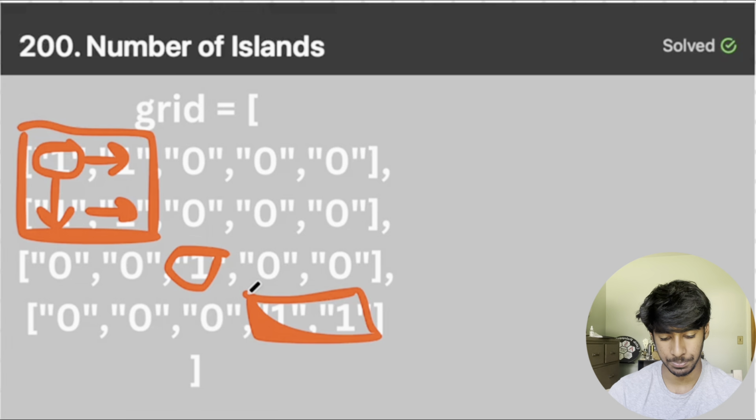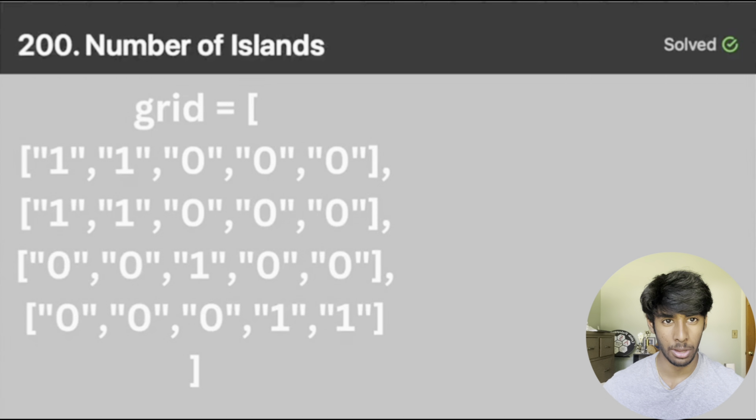So now the question is, once we find a piece of land, how do we find all the other pieces of land that are connected to that original piece? This is a classic searching problem, so we're going to use the searching algorithms to solve it. And like I've said in videos before, the main searching algorithms we can use are breadth first search and depth first search. They are almost always going to be the same time and space complexity, and usually you are going to decide which one to implement based on what is easier for the specific problem at hand. And I think again for this question, breadth first search is a little bit easier, so that's what we're going